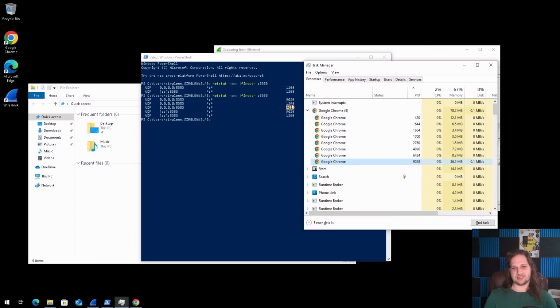Well, this is fun. If you're confused on why this can happen, UDP is different than TCP in that you can actually have multiple processes binding those ports. There's some nuance in how it all works that's beyond the scope of this video, but ultimately both of them can do it, can listen, can send. So that's a problem. GPOs won't apply to Chrome. We could go into Chrome settings and disable it. That's a pain in the butt.